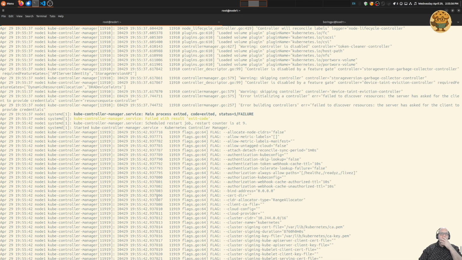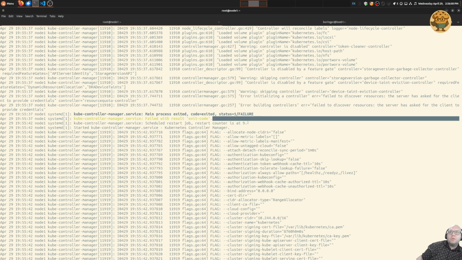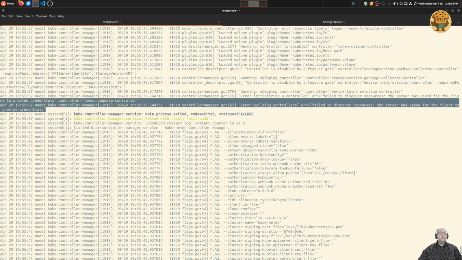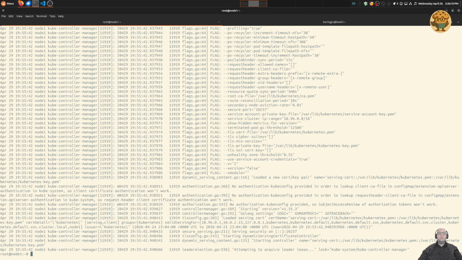So let's see. Here's the exit. Error building controllers, failed to discover resources. The server has asked for the client to provide credentials. Okay. So it's trying to acquire leader lease. Interesting. So does that mean that we lost the